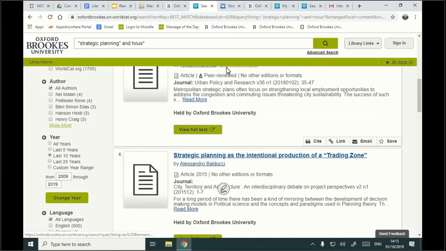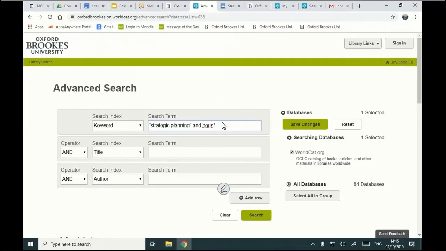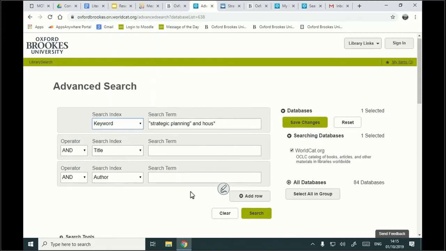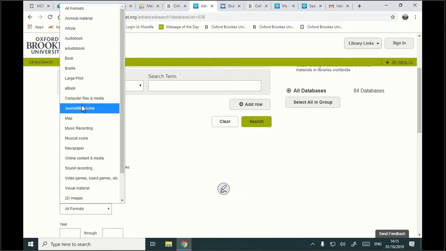Any other questions about library search? We've got advanced search there. You can play about with that, where you can choose to search under title if you're looking for a particular resource or type of phrase, and then you can filter it down to various journals, books or whatever. But have a play around with that. It's not too